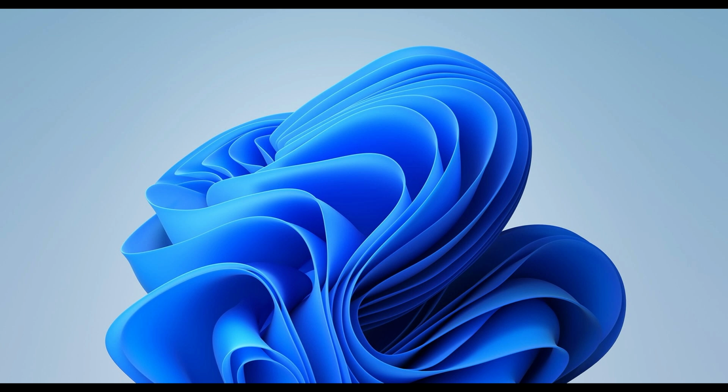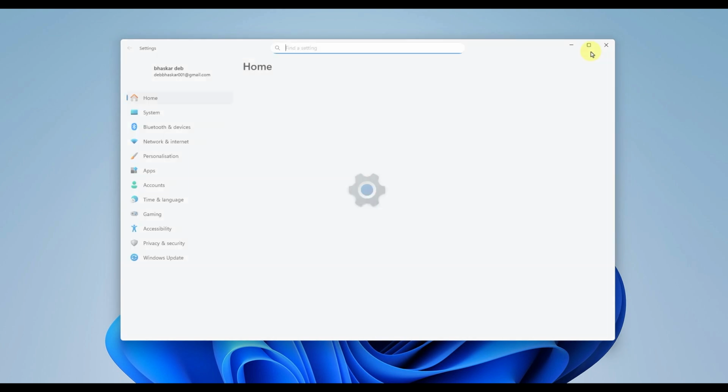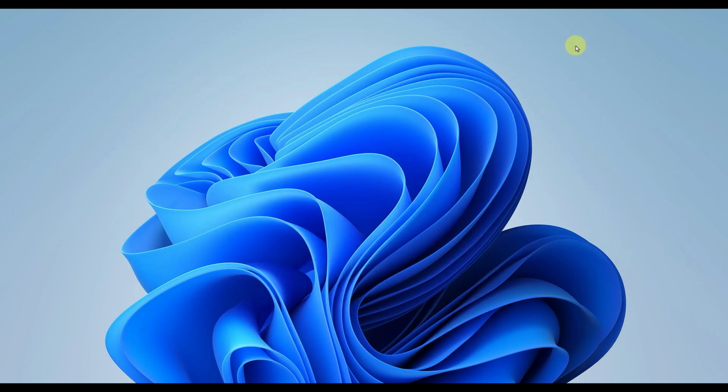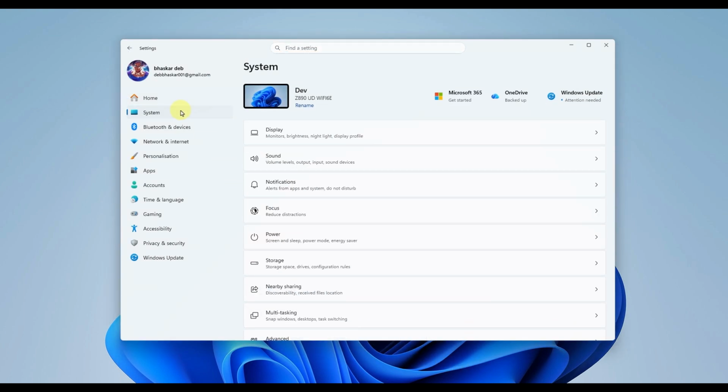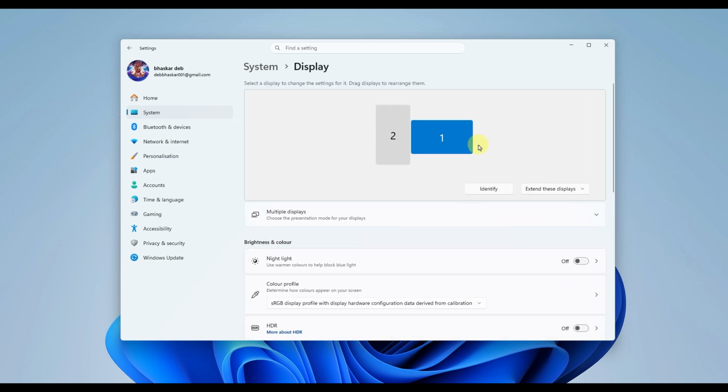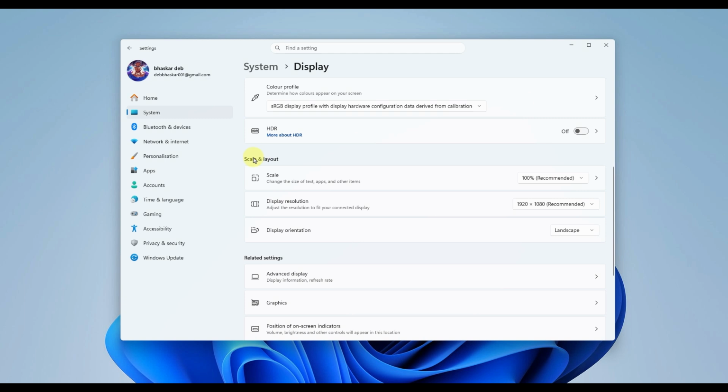Let's get started. First, you should attempt to reset the primary user interface scaling back to the factory defaults recommended specifically for your monitor. Open your Windows settings, ensure you're on the System tab on the left sidebar, and click on Display. Scroll down to the Scale and Layout section and look for the drop-down menu labeled Scale. Click the menu and select the percentage that has Recommended next to it, which will instantly resize your interface to